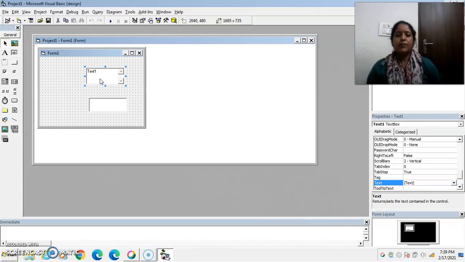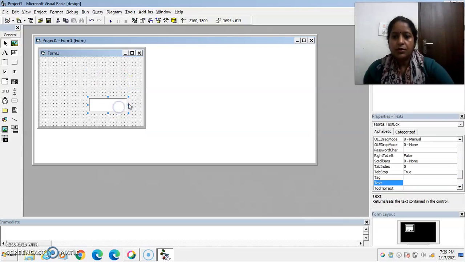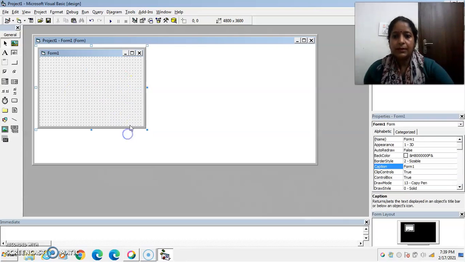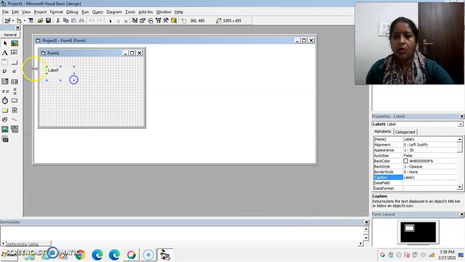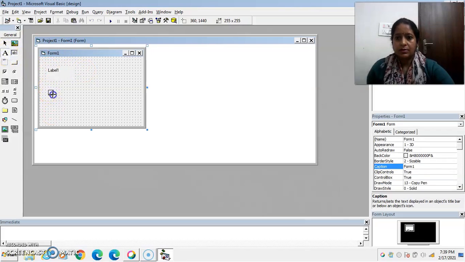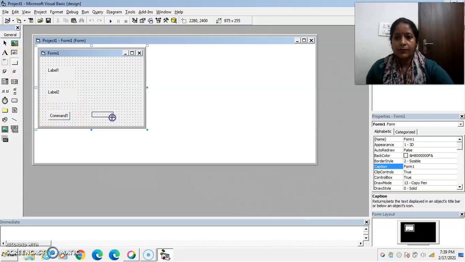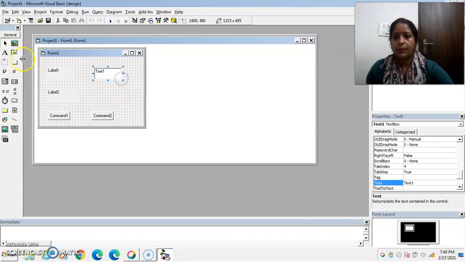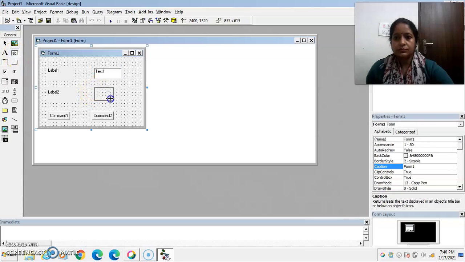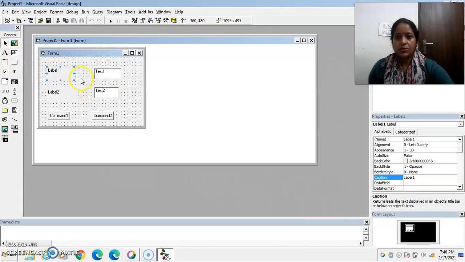let's take one example of how to design a login screen. Suppose I want to design a login screen. For this, take two label boxes, two command buttons and two text box controls.